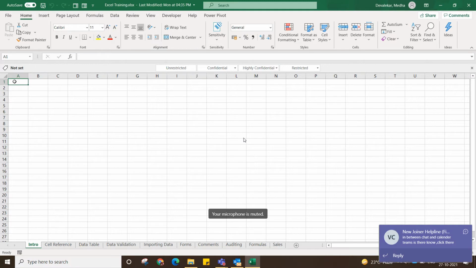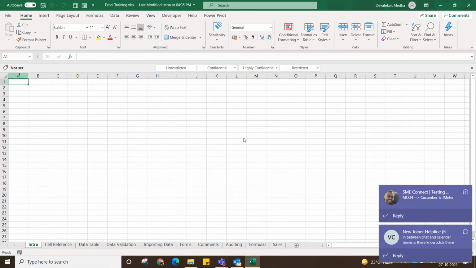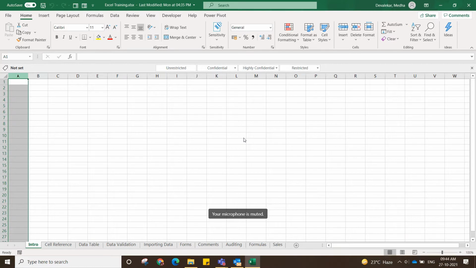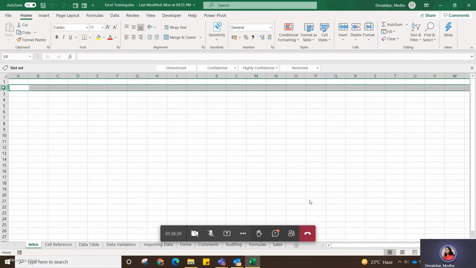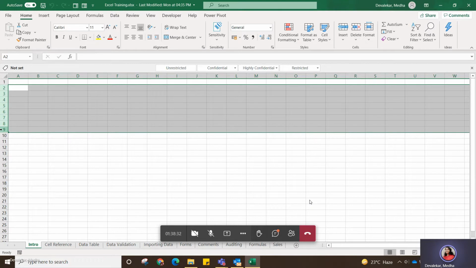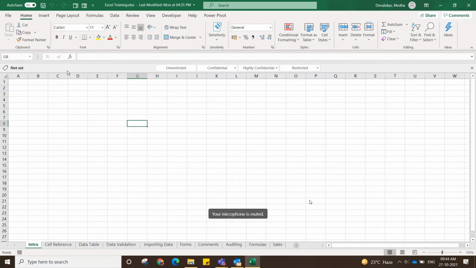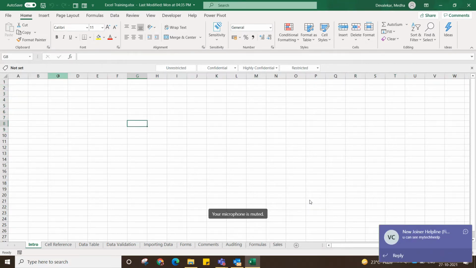Then how can you select a cell or a column? This is a selection arrow. You can select a column or multiple columns like this, or rows also you can select like this. So this is a selection arrow.